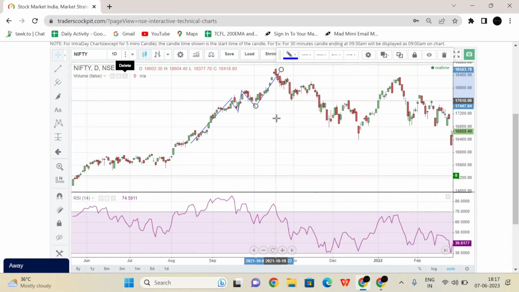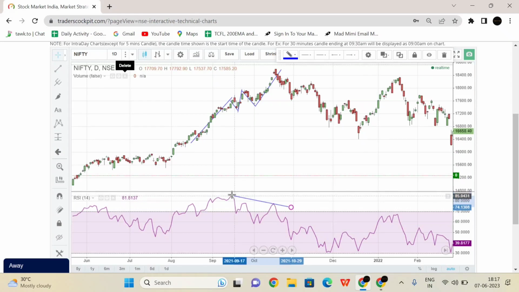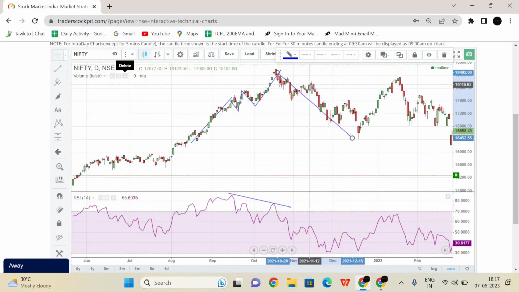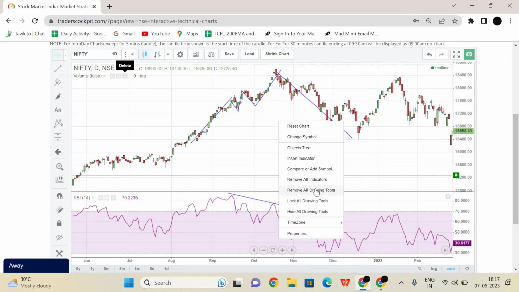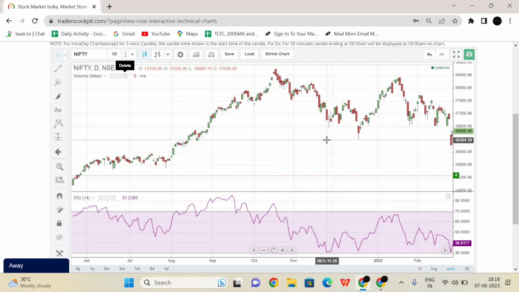At the same time, what is happening in the RSI? It is making a lower low, lower high, lower low. So RSI is showing negative divergence. We call this RSI classical negative. Price is going uptrend, but RSI is going downtrend. It tells us that the upcoming trend will be an impulsive downtrend. See how beautifully the market has fallen. So RSI classical positive and classical negative as a divergence trading system works very beautifully, and you can also start practicing it. This is the third level of understanding the RSI indicator.